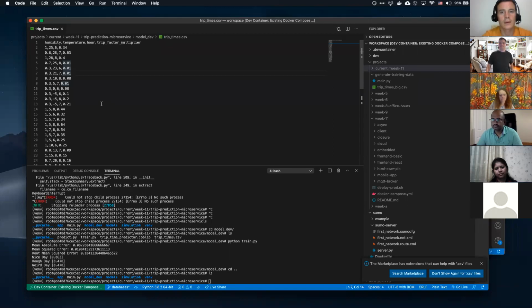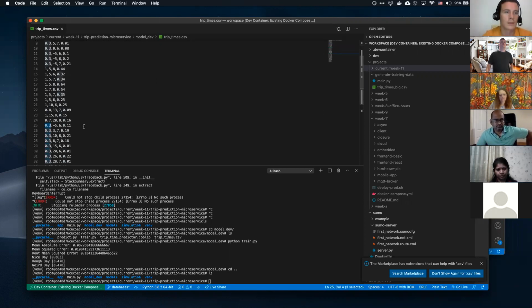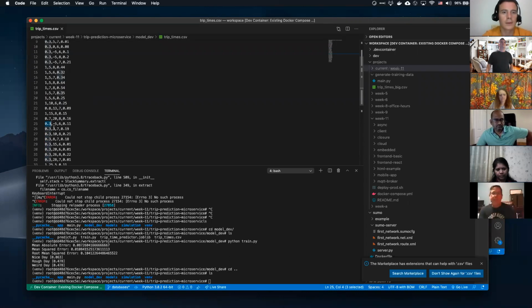That variability. If you take one in the middle here, let's see. This is humidity, so it's not raining. It's only 30% humidity, so that's pretty solid. It's -5 degrees though, so it's pretty cold. And it's 6 a.m. And so I guess when it's cold, people tend to drive a little bit slower. Only an 11% increase from the ideal trip time.